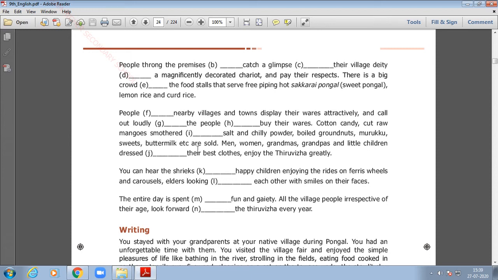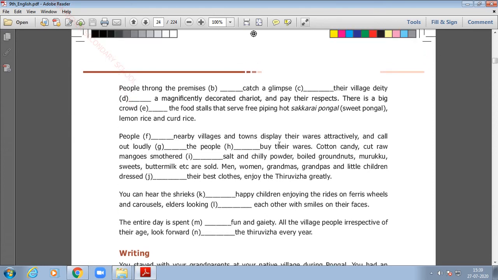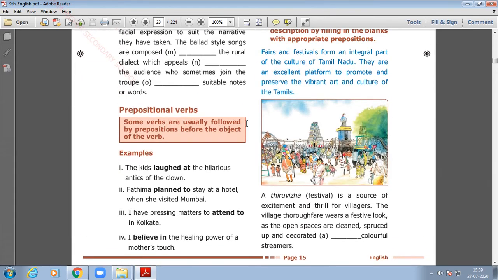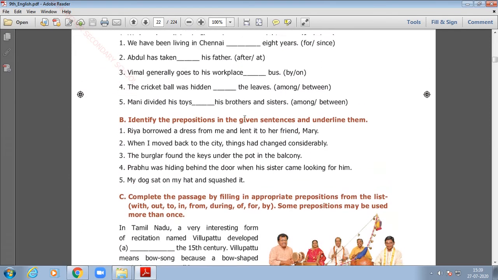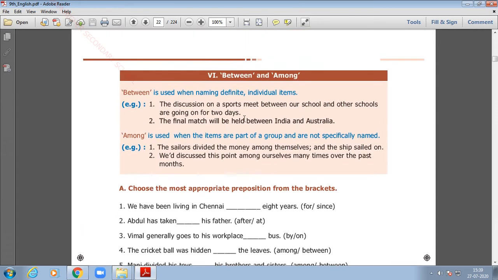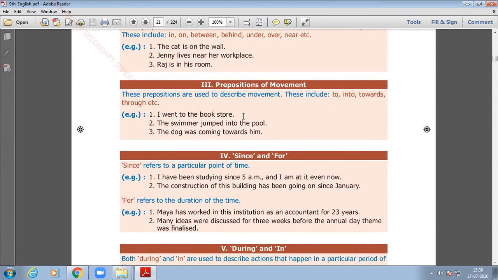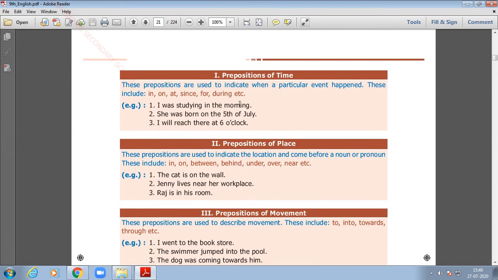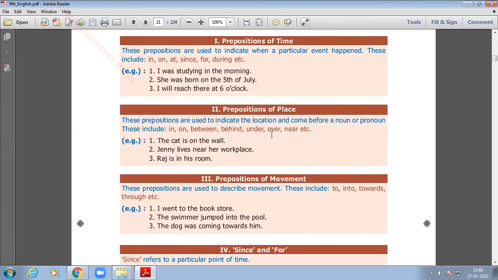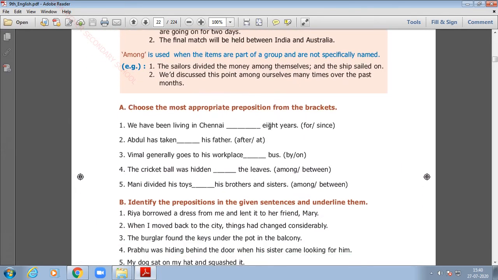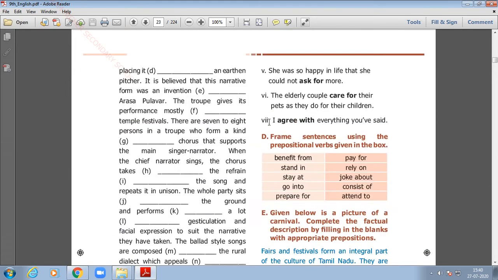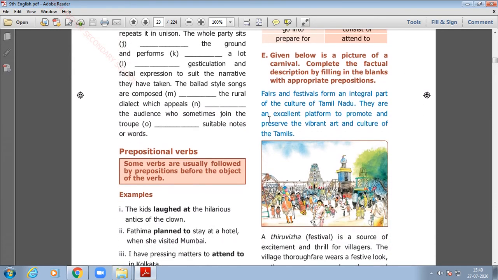Okay children? I want you to repeat the homework. First of all, I'd like to appreciate the children who have submitted their homework. Well done children. And what about the others? Some of you have some wrong answers there. Now that we have learnt the usage of prepositions, go through the prepositions once again, understand their usage, and rewrite the activity given to you. This time you will get another comprehension passage, and then you can do it.